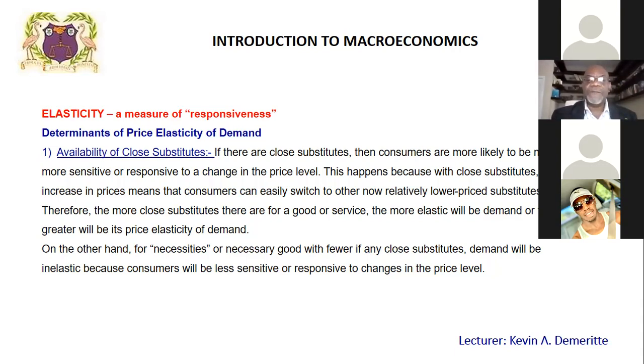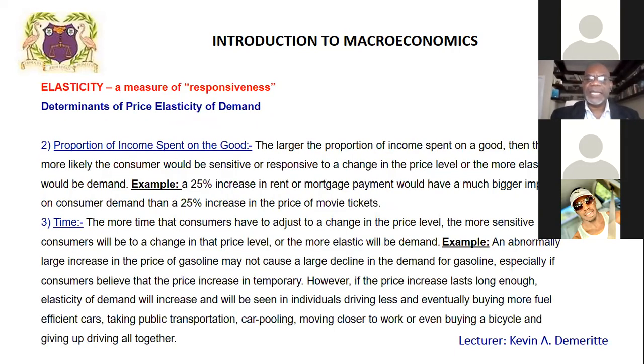So the first criterion, the first condition that affects how sensitive and how responsive we are to a change in the price level, is: do we have other options? The more options we have, the more responsive we will be if one of these people tries to play with our pocketbooks. First, it's the availability of close substitutes. Secondly,